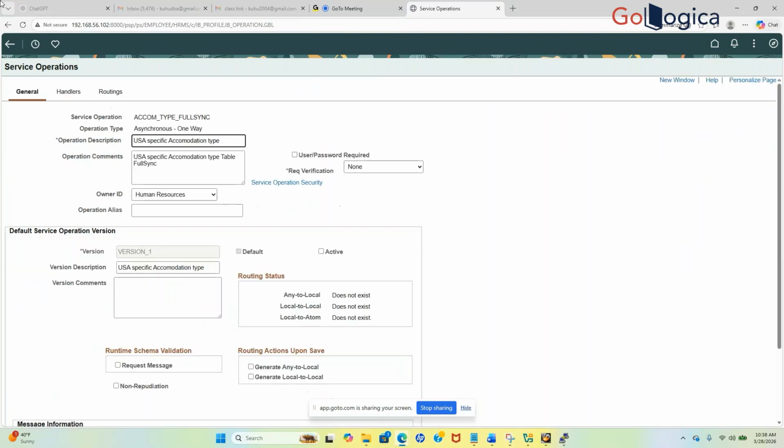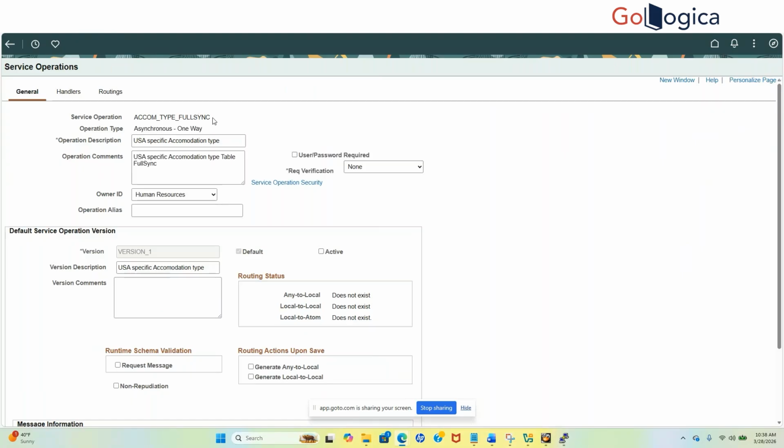As we discussed in our last meeting, your service operation should be created first, then you can provide a web service, right? And in case of consuming a web service, you can directly consume from a URL and your service operation will be auto created. So these service operations are created first, like it says full sync,